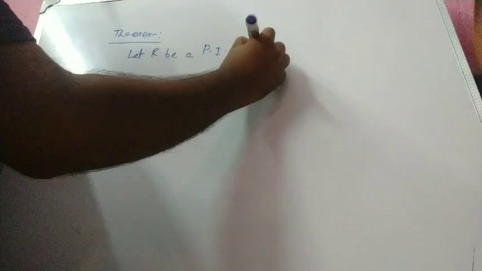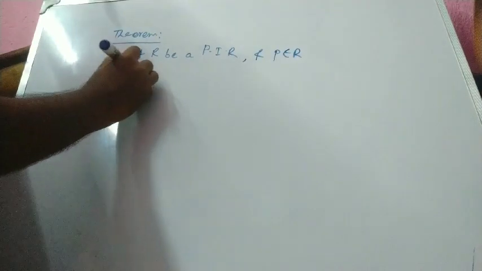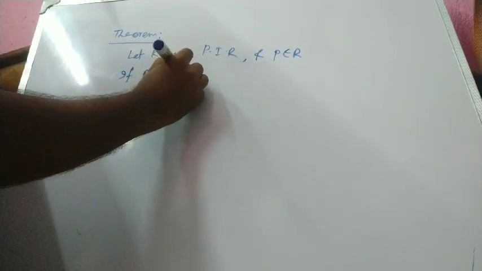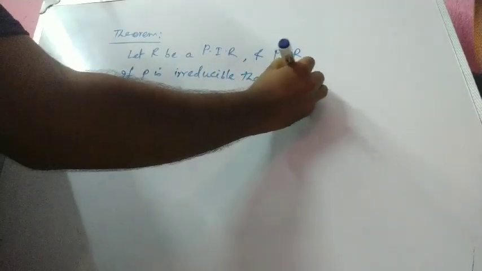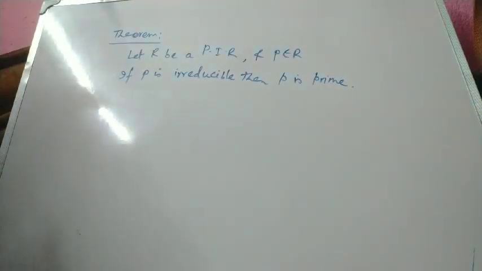The theorem is, let R be a principal ideal ring, and p belongs to R. If p is irreducible, then p is prime. তাহলে কি বলা হচ্ছে না, যদি তোমার ওই রিংটা প্রিন্সিপাল আইডিয়াল রিং হয়ে যায়, তাহলে সেক্ষেত্রে যে কোনো ইররিডিউসিবল এলিমেন্টস কিন্তু তোমার প্রাইম এলিমেন্ট হয়ে যাবে। ওকে, এটার জন্য আমরা থিওরেমটা এখন প্রুফ করব।